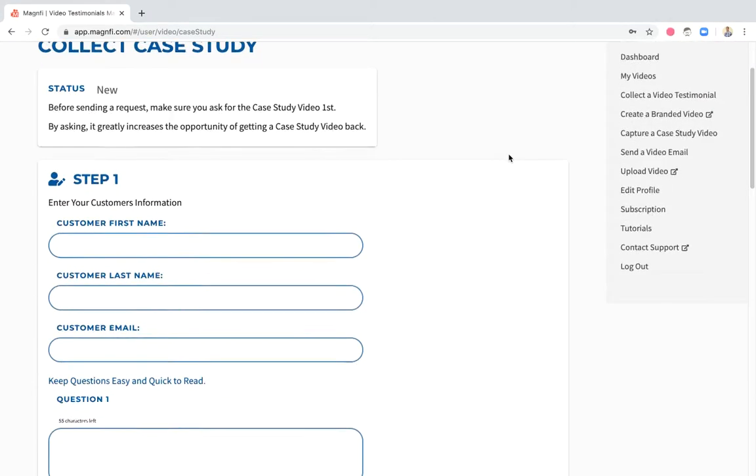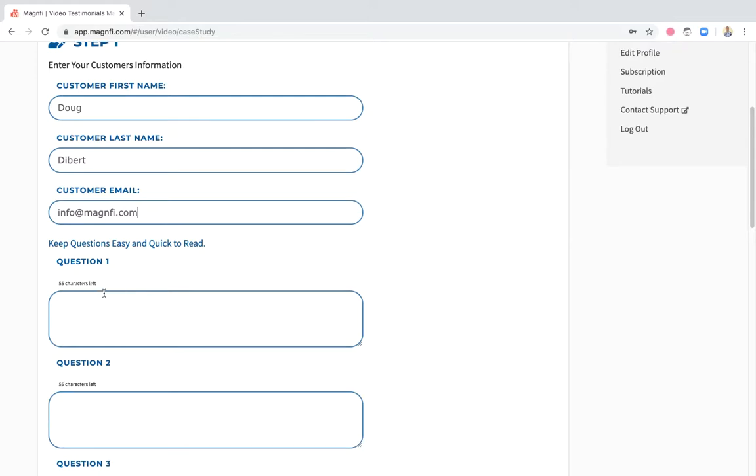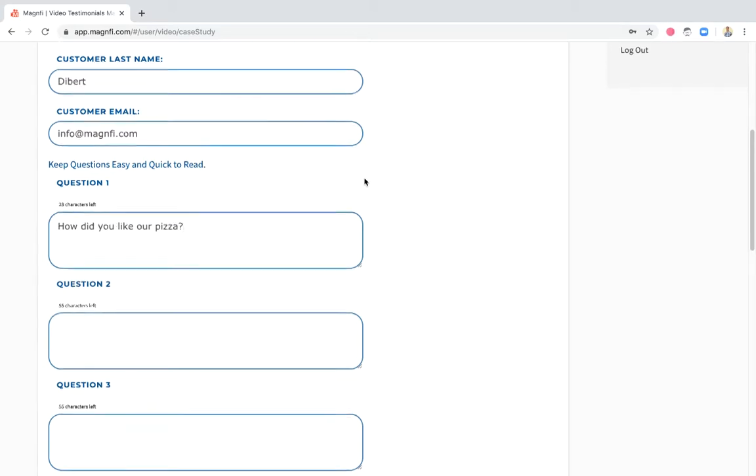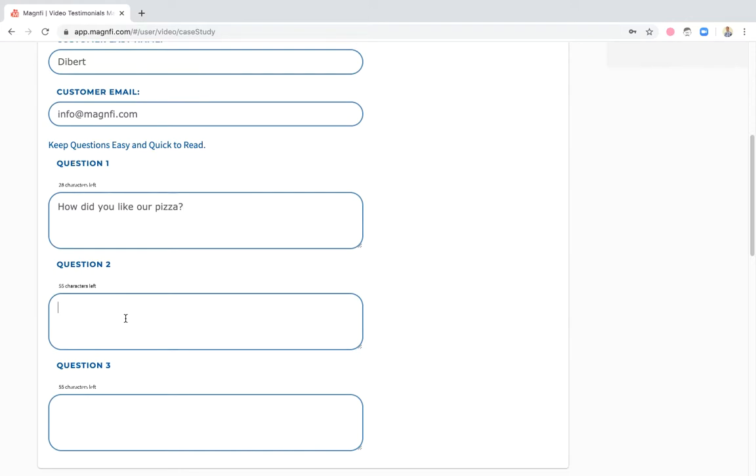The first thing you want to do is input that customer's information, their first name, last name, and their email. All right, I'm going to go ahead and just throw my stuff in there. Magnify.com, and then you come to question one. We want to keep questions easy and quick to read. So let's say, how did you like our, let's just say pizza. Let's say they ordered a pizza, so how'd you like your pizza? And then come to question two. Was it delivered on time? Then how would you